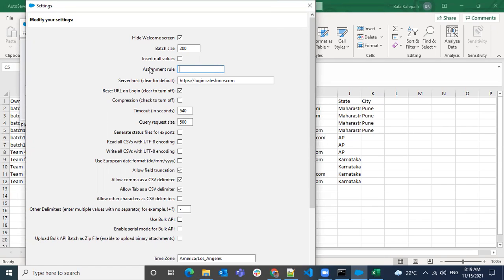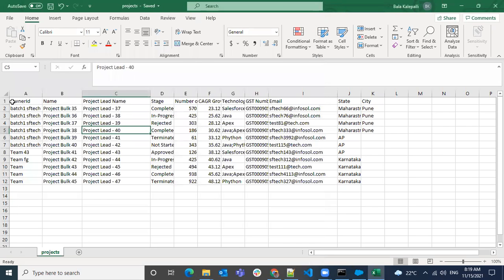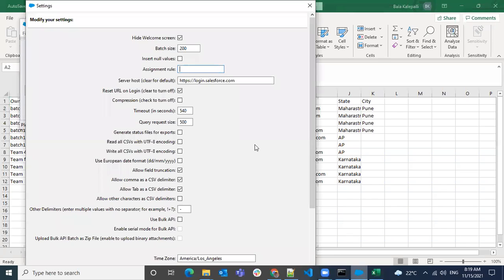Usually we either directly give an owner ID here, or we manually change the owner ID. But if you want to automate it based on some criteria, making some person the owner of the record, you can do that using an assignment rule. That is supported only for two objects, case and lead. No other object has that facility.